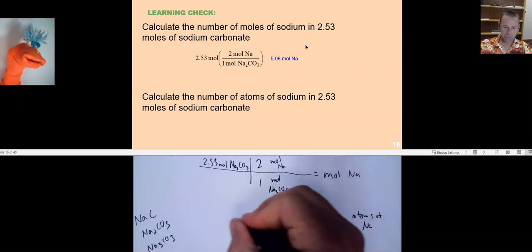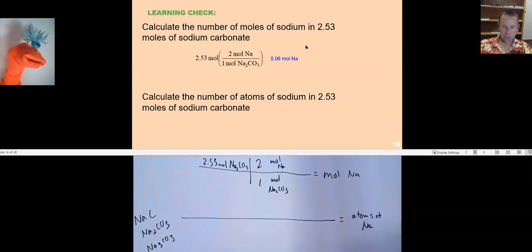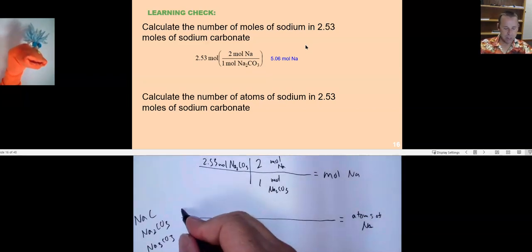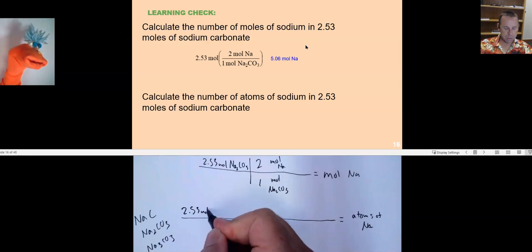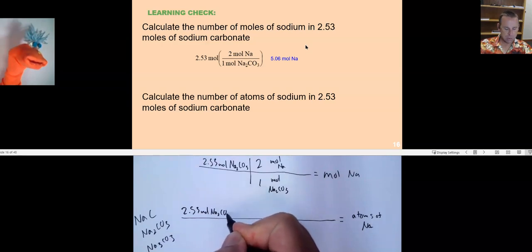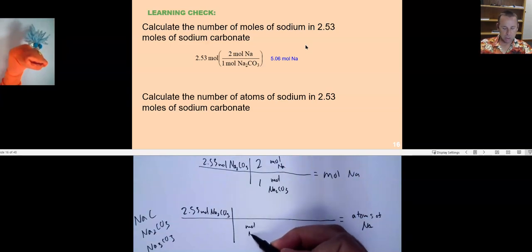Okay, atoms of sodium, and I'm starting with, again, the 2.53 moles of sodium carbonate. But I can go from moles of sodium carbonate. Now I know I needed sodium carbonate down here because I need to get rid of those units. I need to get into atoms of sodium. Do you know how many atoms there are per every mole of sodium carbonate? I think I do, but it's kind of confusing. Yeah, it is because